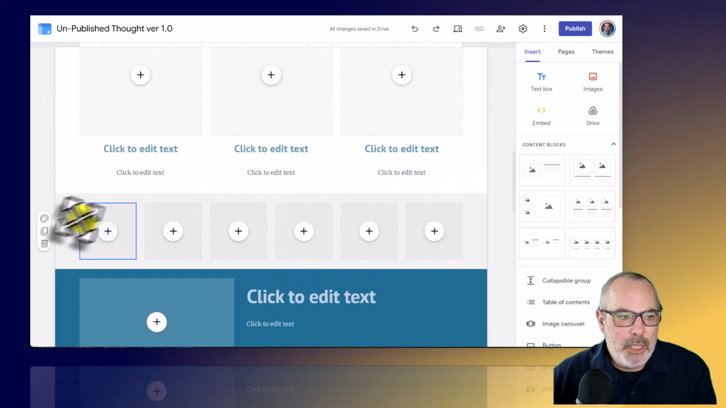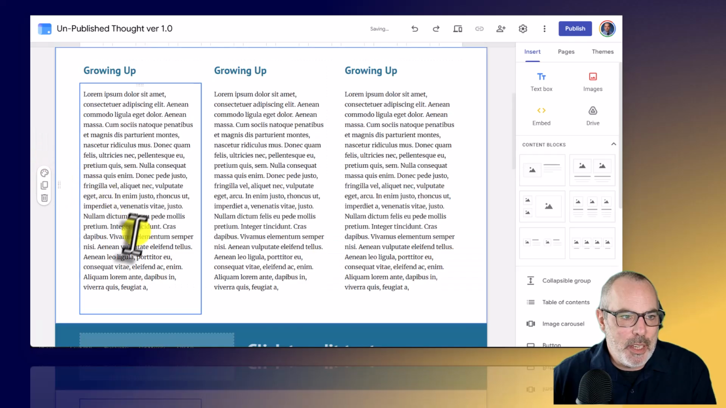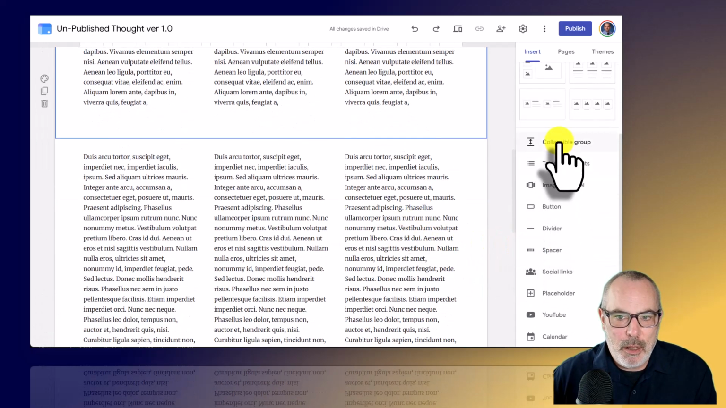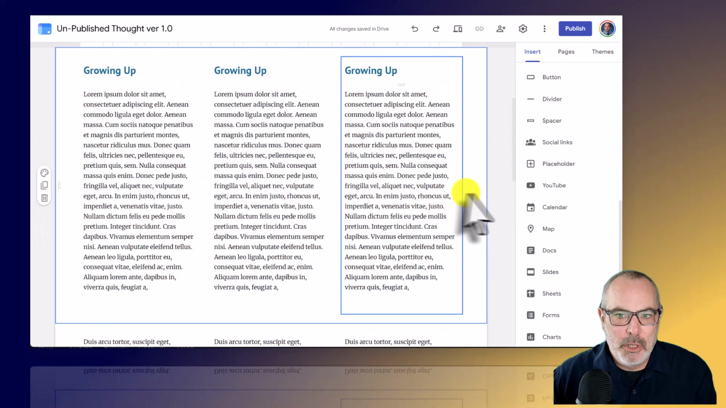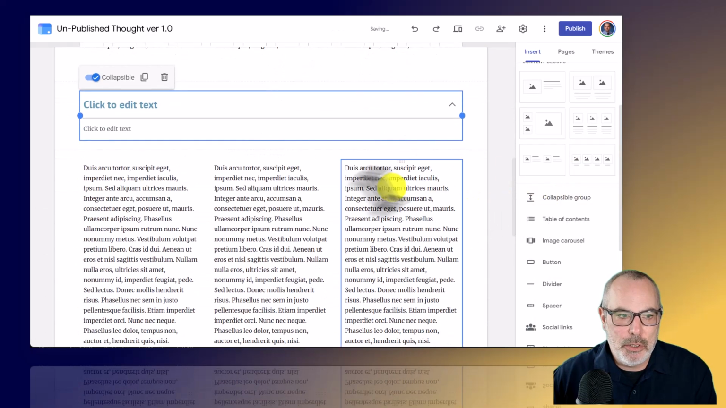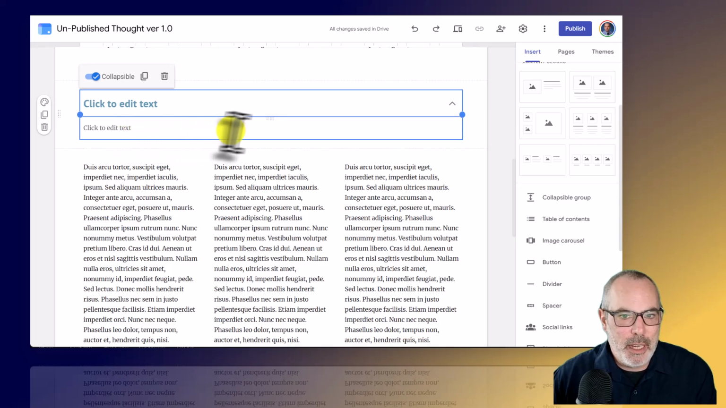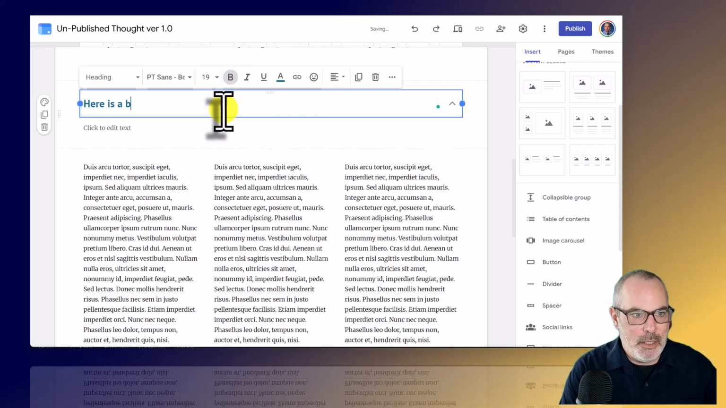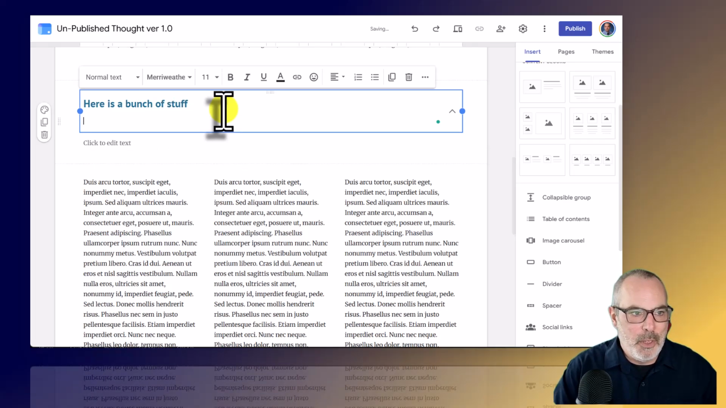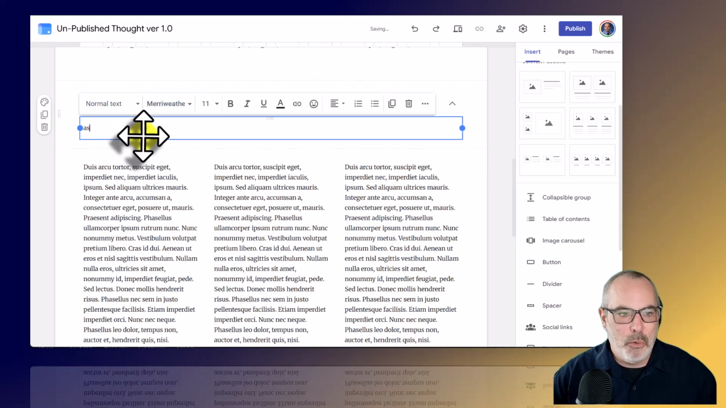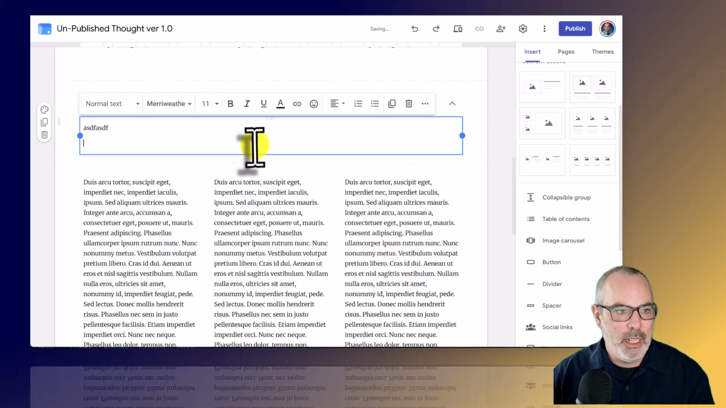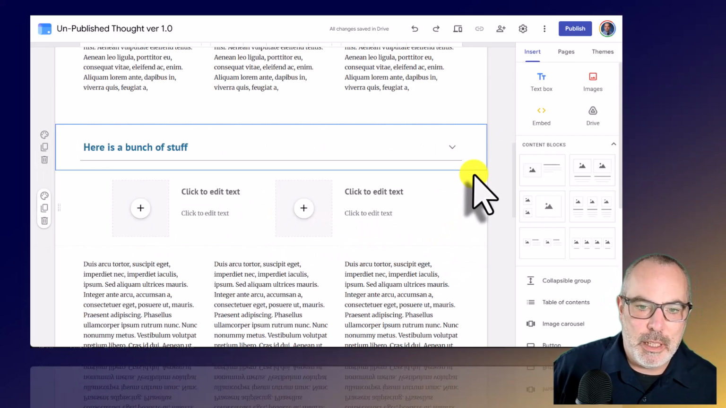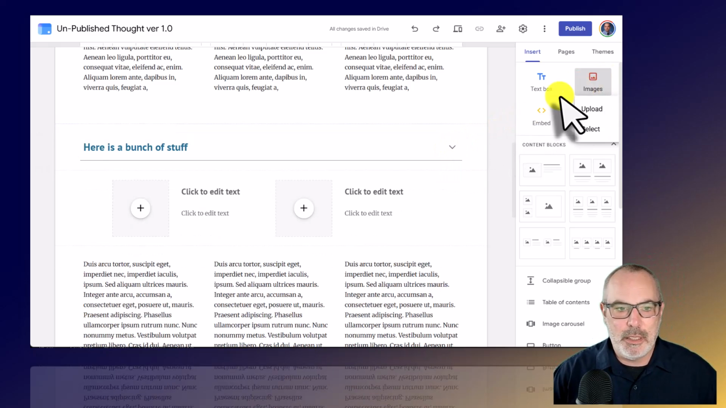Couple other really nice features. Let me get rid of some of this extra on here, just deleting them, is this collapsible group. So if you wanted to use something like the collapsible group, that gives you an option to say, here is a bunch of stuff. And then you could put whatever it is that you're putting in this collapsible group. So in this sense, I suppose if I wanted to edit some of the things that were in here, let's see if I can